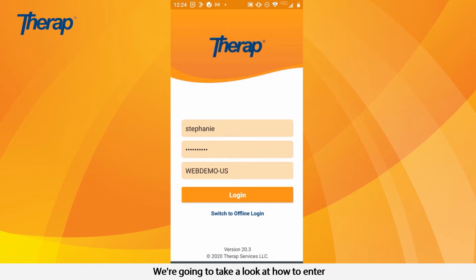We're going to take a look at how to enter ISP data from your EVV Check-in and Check-out using the Android mobile application. First, you need to ensure that you have installed the Therap mobile application on your Android device. You can download that from the Google Play Store. It is free to install, and once you've installed it, you would use your regular Therap login information to access this mobile application. So I'm going to touch Login,